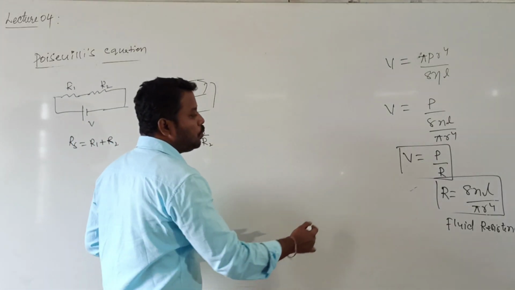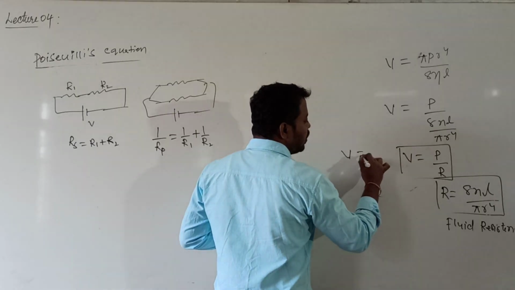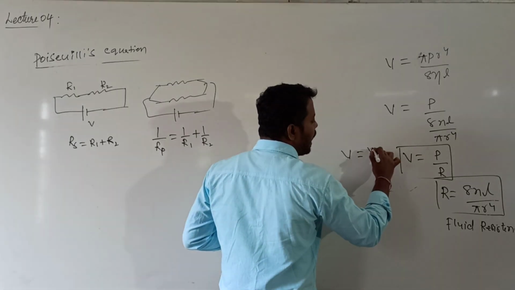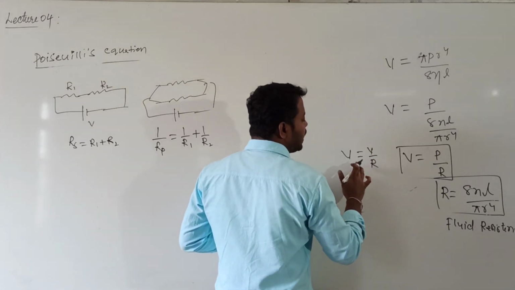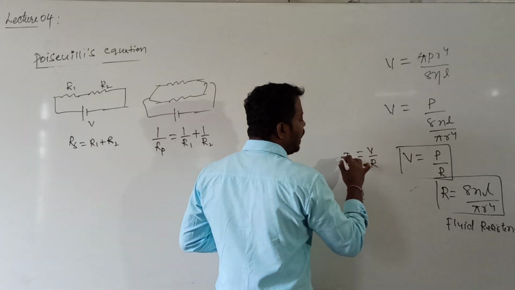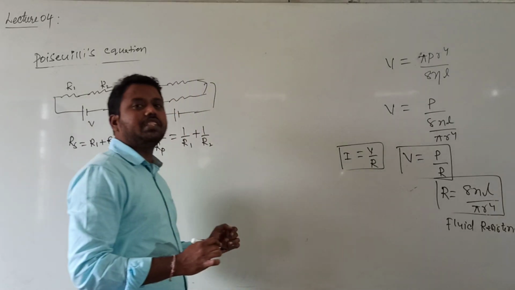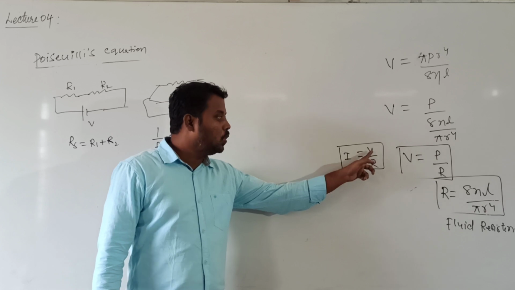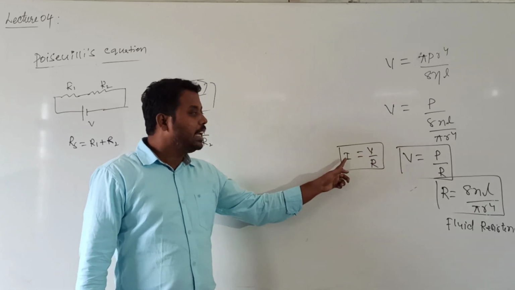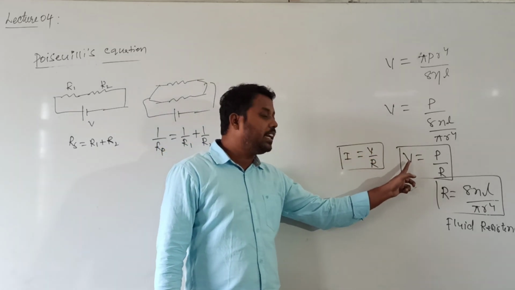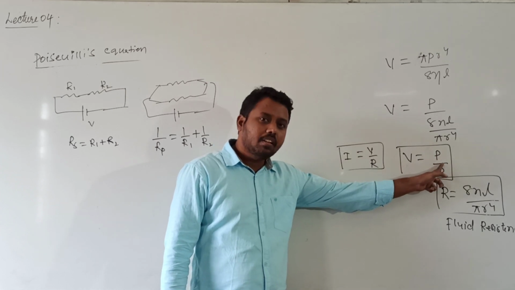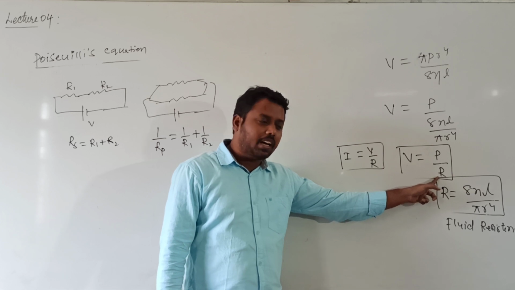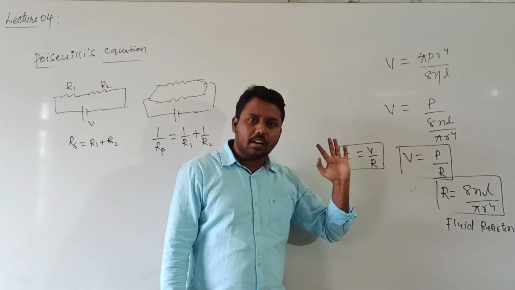Actually there we have written V is equal to P by R. According to Ohm's law, voltage V is equal to IR. So I is equal to V divided by R. I is nothing but the rate of flow of charge. The rate of flow of charge is decided by voltage divided by resistance, which gives you current. Here, for the rate of flow of fluid, the rate of flow is decided by pressure. Pressure plays the role of voltage, along with resistance. Are you getting it? So V is equal to P by R.